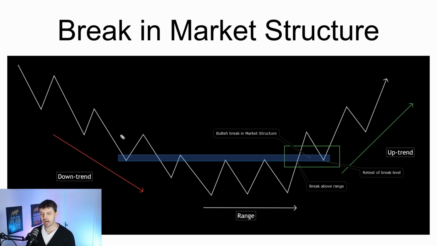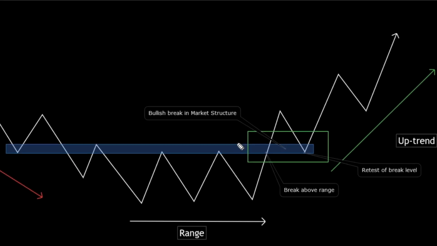Now, of course, a downtrend can create an immediate break in structure and turn into an uptrend without a range forming. So you might just see something like this, okay? That is a downtrend heading into an uptrend without forming a range. So it's very, very important to focus on the break in structure. And how you identify a break in structure, it's quite simple. You wait for the lower highs and the lower lows to turn into higher highs and higher lows. And when this happens, preferably you want to have an alert at